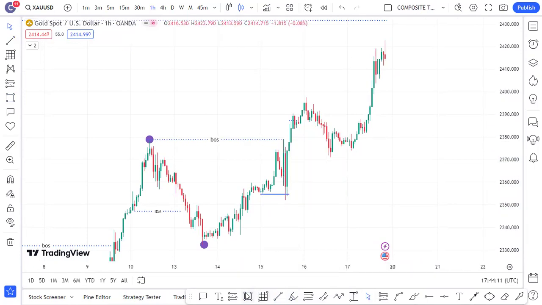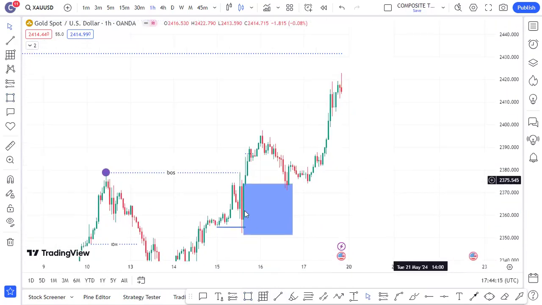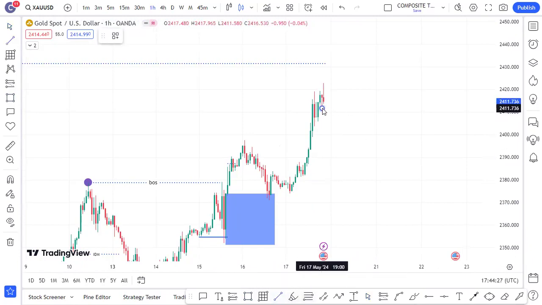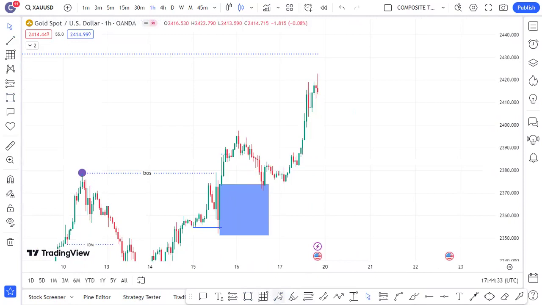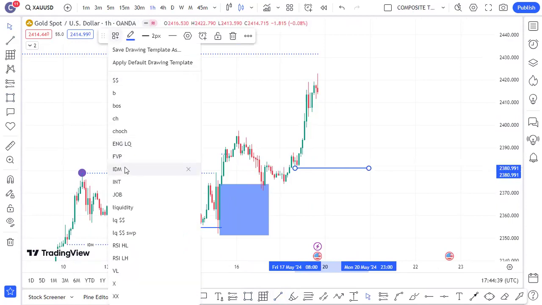So this was actually the last point of interest here. It taps here and you get a push to the upside. But remember, this is not a break of structure, because we only get a break of structure when you have inducement. So this is not a correct break of structure. Right now, our correct inducement is here, because you have to understand a pullback is needed for it to have inducement. But again, this is not a correct inducement. So in this pair, we actually don't have inducement. On the 1 hour time frame, our correct inducement is here.